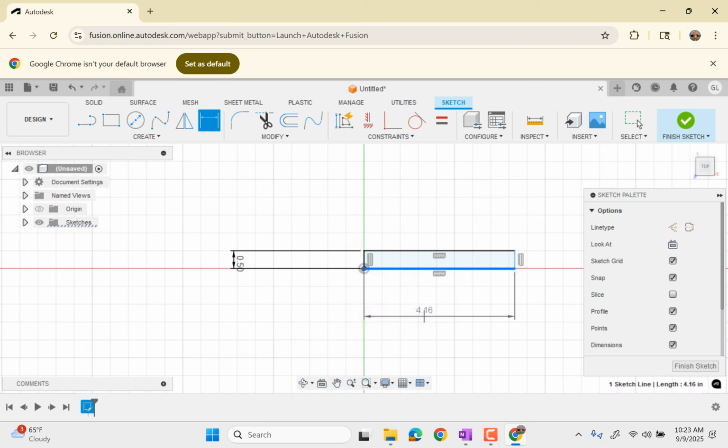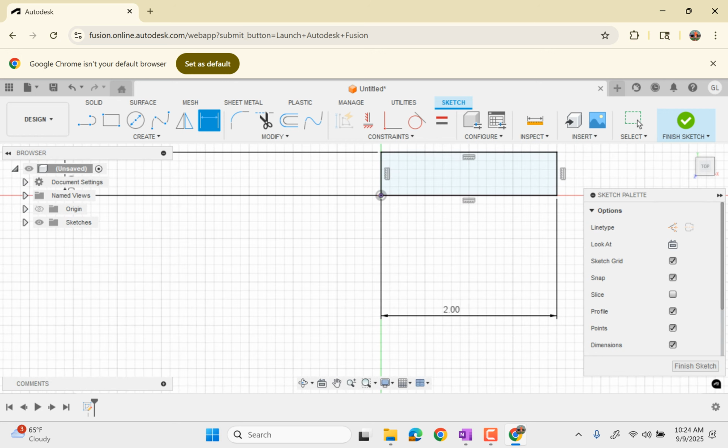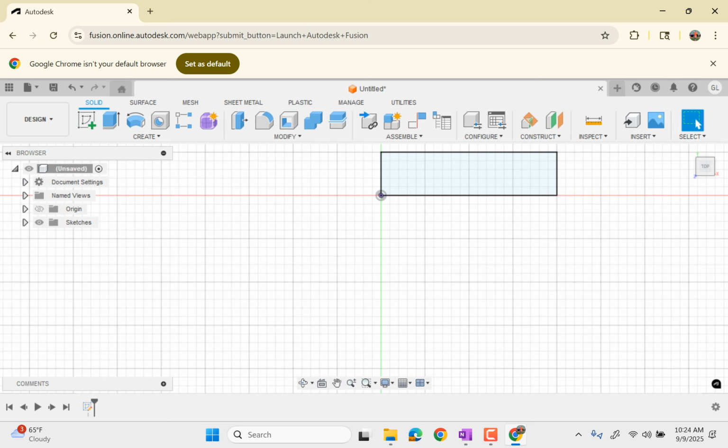And I want this one to be 2.0 inches. And now I'll finish that sketch. And right now I'm out of the sketcher. It looks like I'm still in the sketcher. So I'm going to go back to the home view